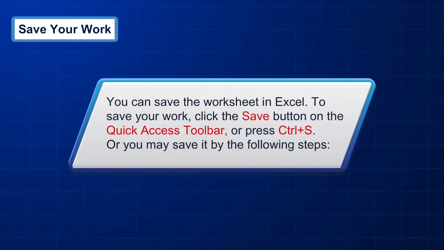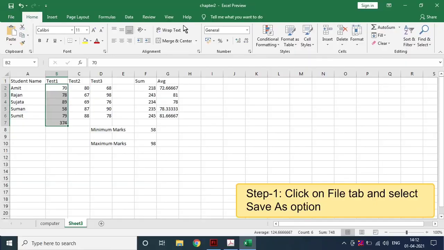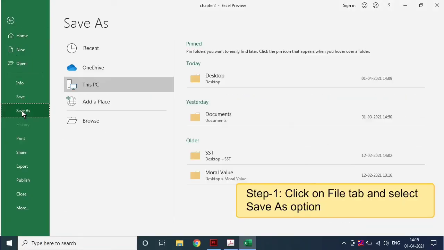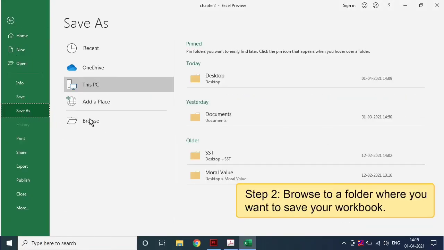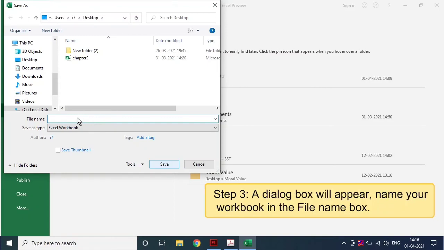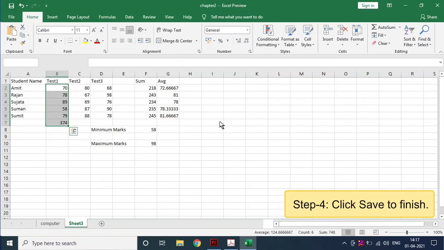Save your work. You can save your worksheet in Excel by using the Save button. Step 1. Click the File tab and select the Save As option. Step 2. Browse to the folder where you want to save. A dialog box will appear, write the name and click